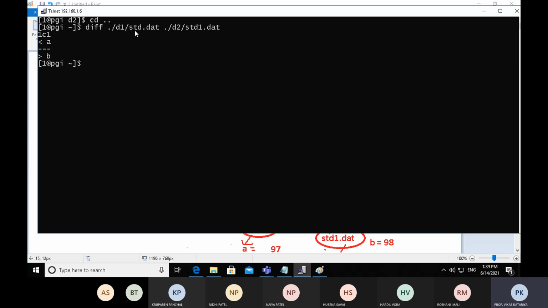In the student.date file there is only a single character. A is the content of student.date and B is the content of student1.date. And the answer is 1.